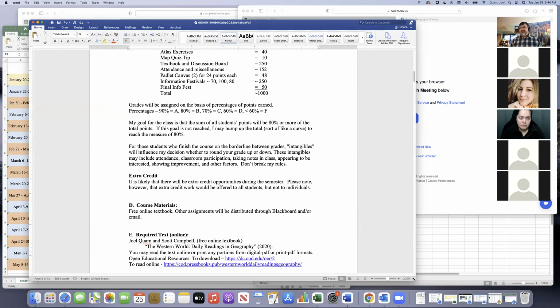All right, course materials and required text. You have a special textbook for this class. It is online and it is free. And it was written by me and my colleague, Scott Campbell. The two of us wrote a textbook in what is called Open Educational Resources, or OER,